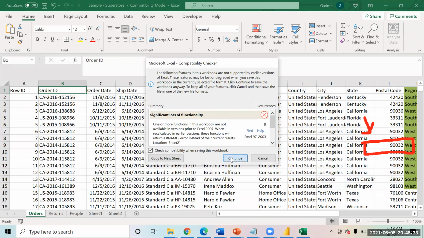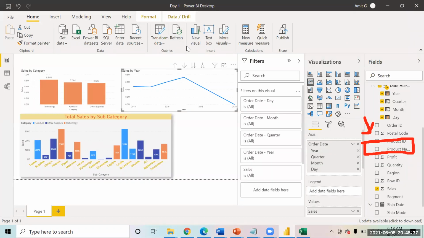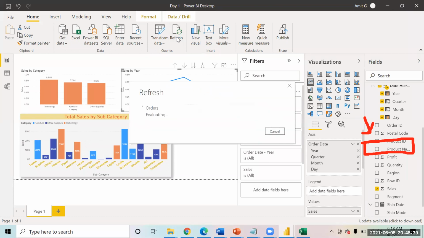If you modify your data, you just have to make the change and refresh in Power BI. So you have a refresh option, like in pivot tables we used to have.